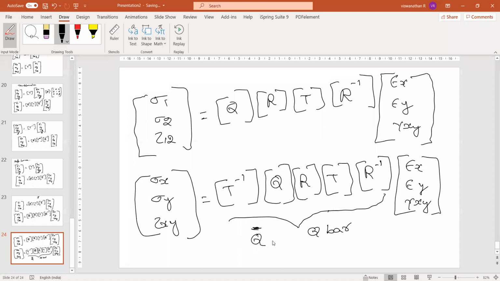Okay, angle lamina means what? Fibers are inclined, not in the direction of the x and y. So it's in some other direction. So use Q bar for this. If it's a 0-degree lamina, you just use Q. If it's an inclined lamina, then you use Q bar for relating the stress with the strain. Do you get this? Any doubts?